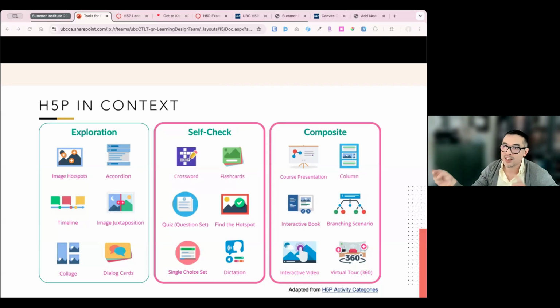Just to answer the question of when you can use H5P, the University of Louisiana, I thought, built out this really great framework to think about some of the content types you can build with H5P. And they've kind of categorized it into 3 different categories. Exploration types can enhance interactivity in content design, creating more immersive learning experiences. Then obviously there's the self-check ones, focus on that formative assessment. You have the question set, single choice set, hotspots, and then the composite content types, which feature